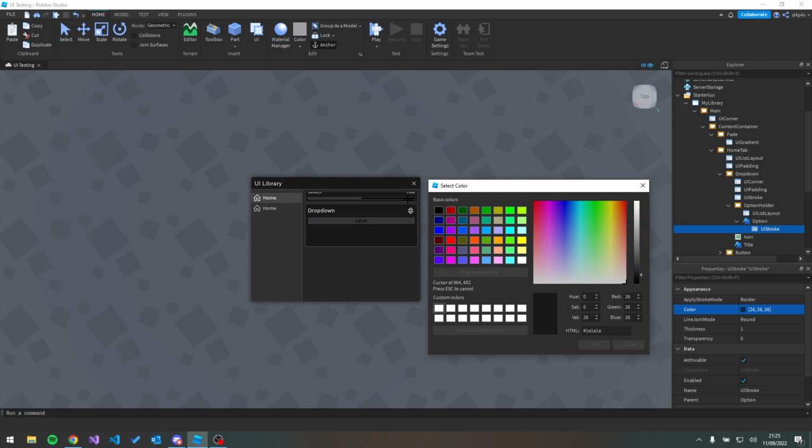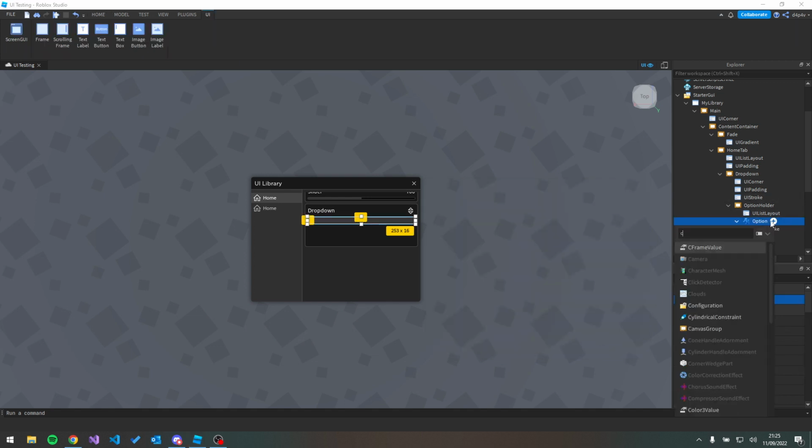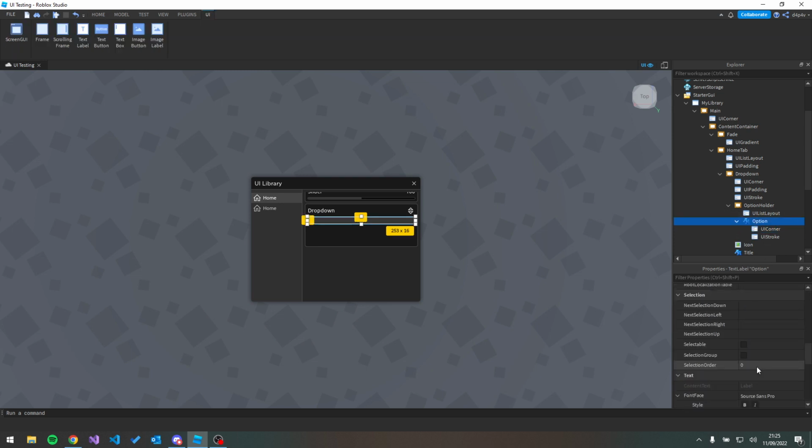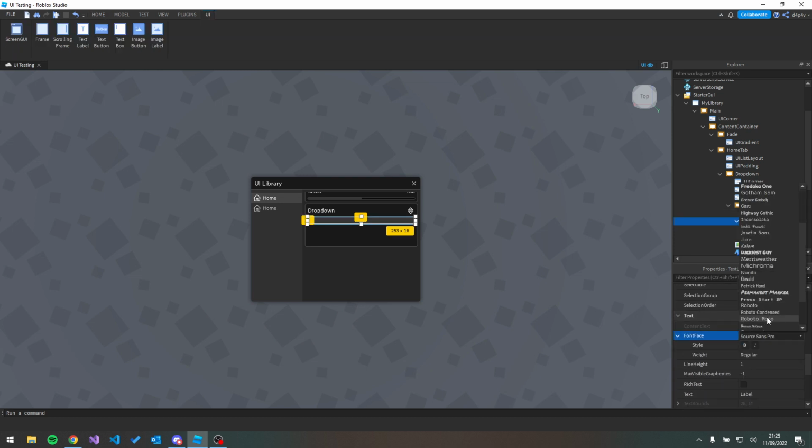and make it something like this. Again, a corner, just not as round. There we go. And change the text font to Ubuntu,